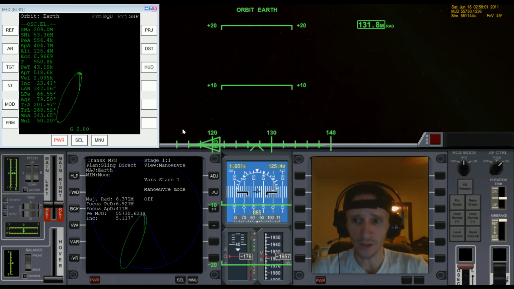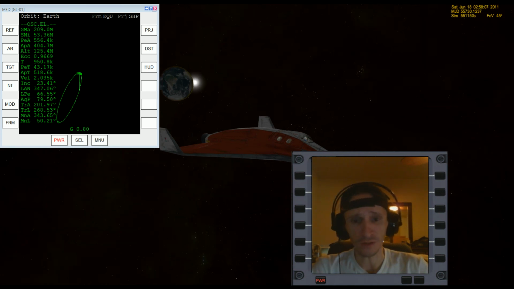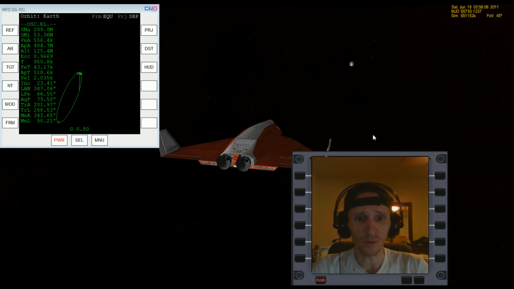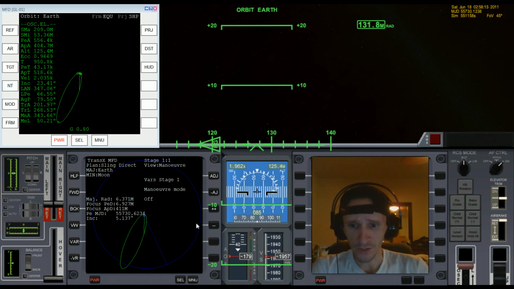Okay, we'll go with that. We're at 0.80. See, there's the Earth. Kind of a cool glow from the sun there. And there's the moon way back there. So let's go ahead and do our mid-course correction. In TransX Stage 1, we'll go to View Maneuver, turn Maneuver Mode on,